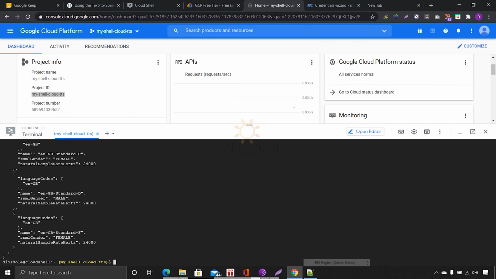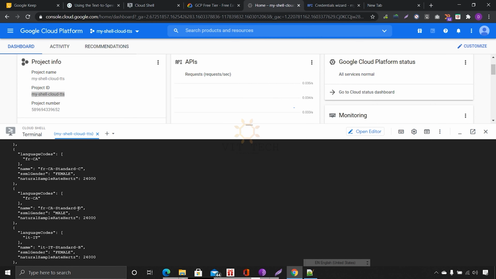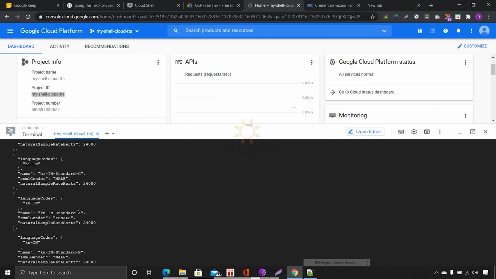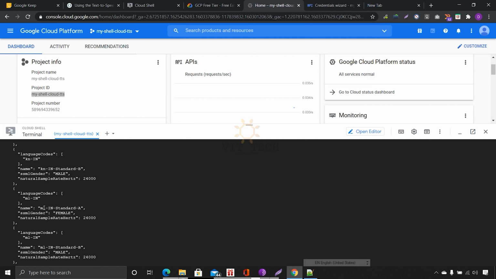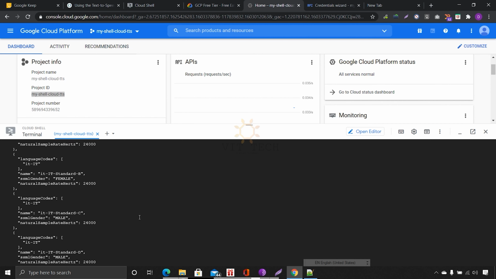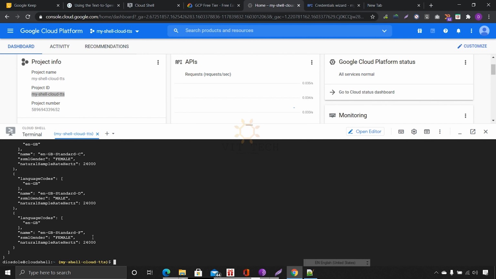You can go through this, how many voices there are, and for each voice you can see the code name, the gender, male or female, and the sample rate and frequency also. So this is the list. We can use it as per the requirement.